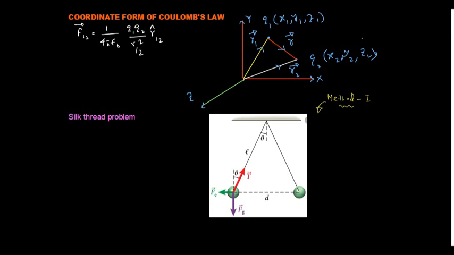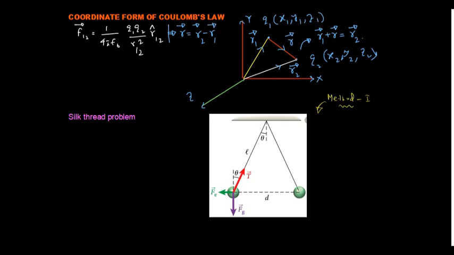As you can clearly see, this small triangle follows the triangle law of vector addition, that is, r1 vector plus r vector is equal to r2 vector. So from here I can write r1 vector plus r vector is equal to r2 vector. From there I can easily write that r vector is equal to r2 vector minus r1 vector.